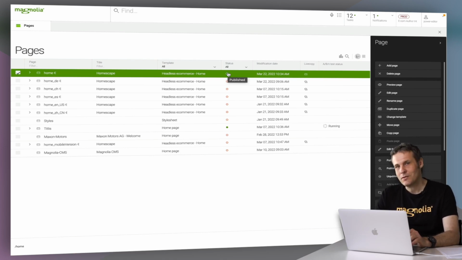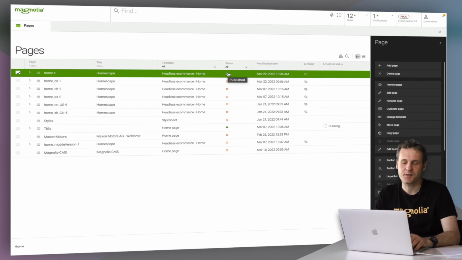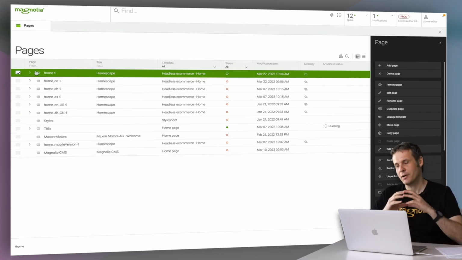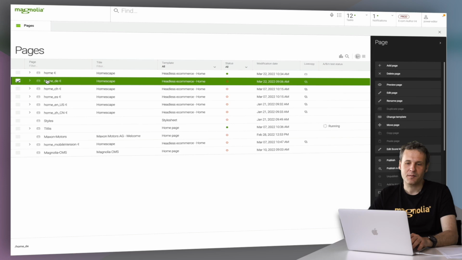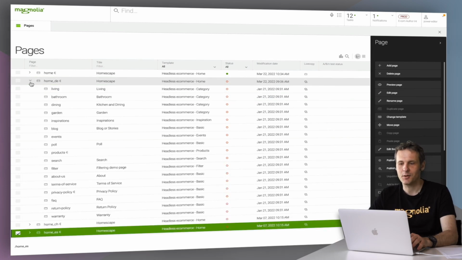And for that, we have some very clever mechanisms to allow you to create central content and then roll it out to different, let's say, country sites. So if you look here at the page structure, we have our global content, and we have some specific sites for different countries. For example, if we look here on the German side,